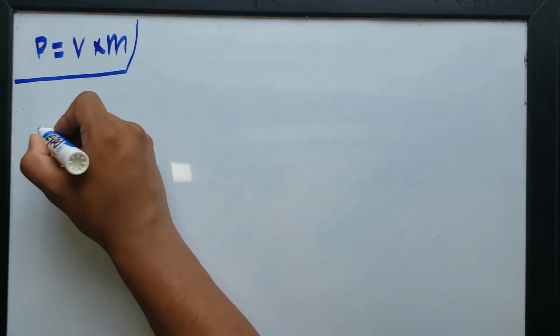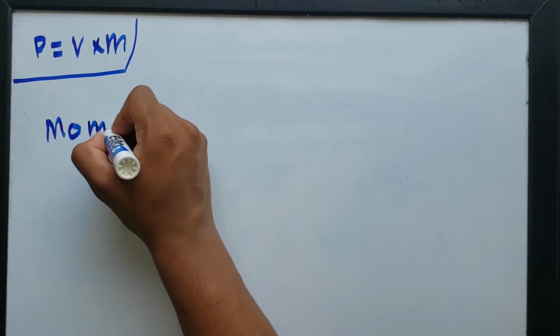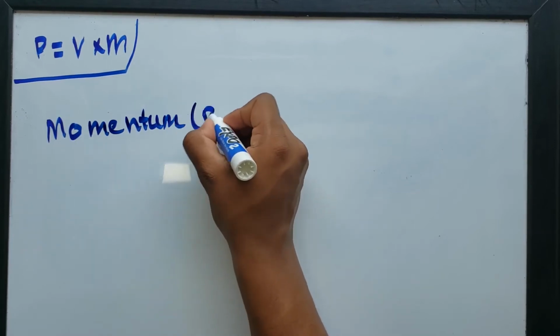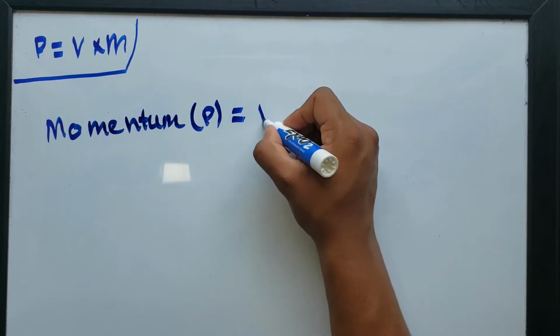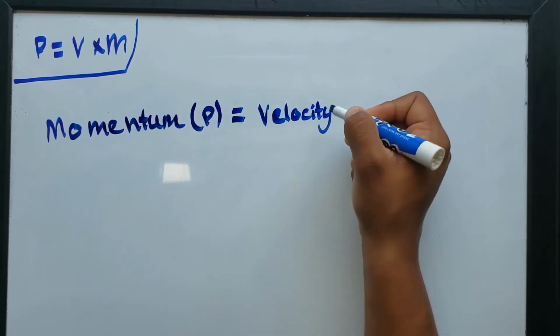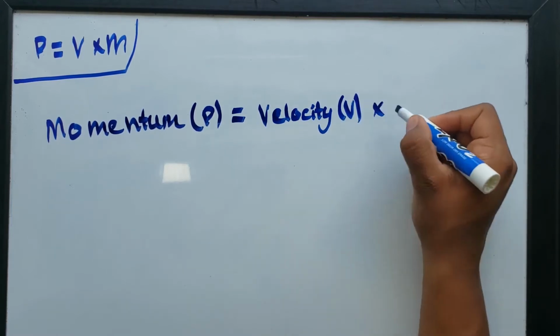So we have to understand that P is always momentum. So momentum, P, is equal to velocity, V, times mass,